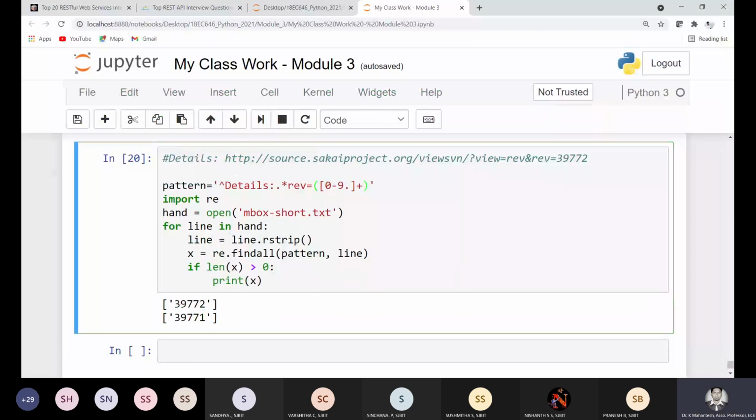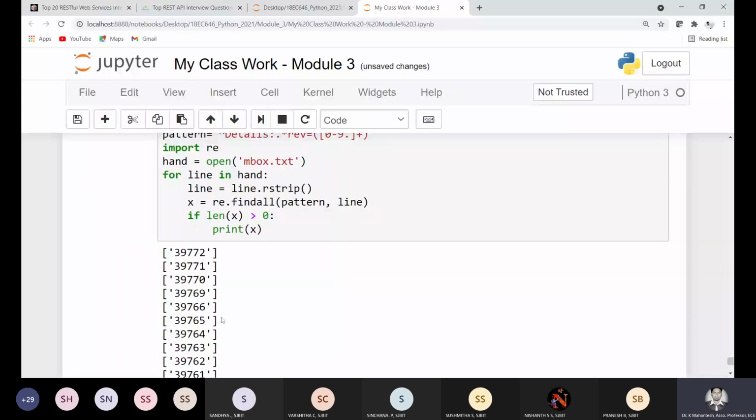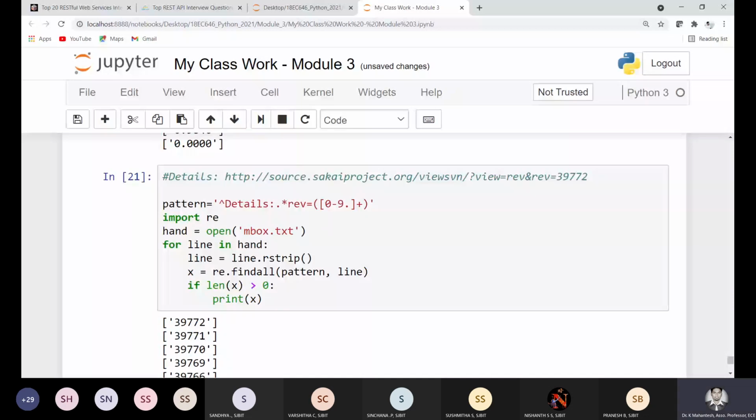If I run this for mbox text, I could find more such values because I had more such lines which start with Details and have some revision values at the end of that line. It's all about the pattern here. Either you call a variable called pattern outside, or any variable outside with a string. This is a matching string,